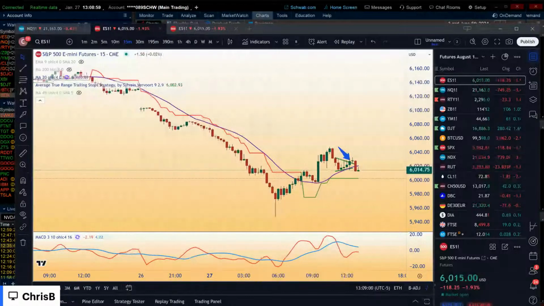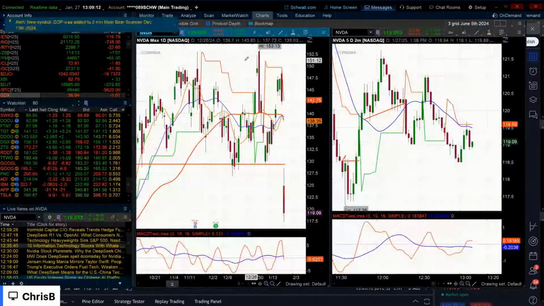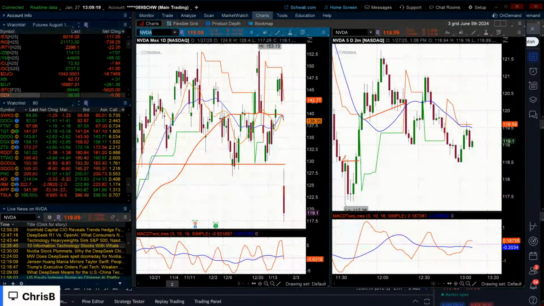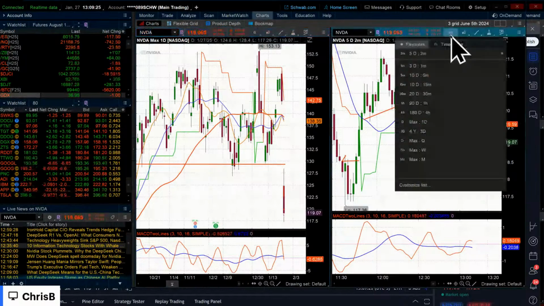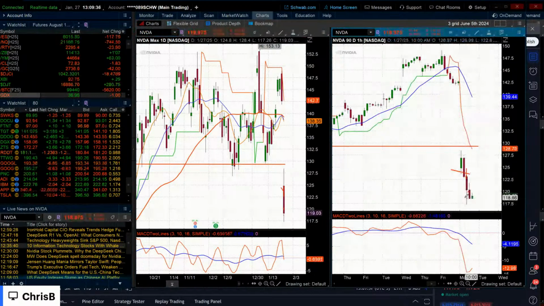So let me show you the time frames I use. So let's go into this. Just day trading. So you can find turns. So number one, I have no idea why everybody keeps trying to buy NVIDIA on the way down. So I know everybody's trying to justify their position by looking at moving averages. Wait for the turn. Now, when you have this much damage on a daily chart, I would look for an hourly turn. So I would look at 122.5. At least that way it's higher than these.